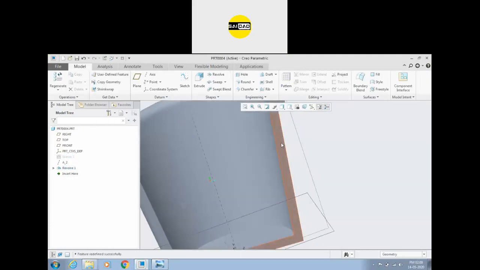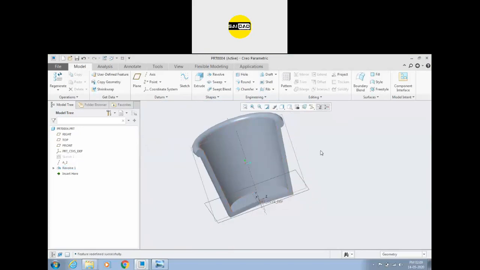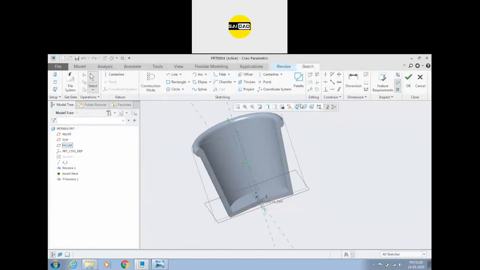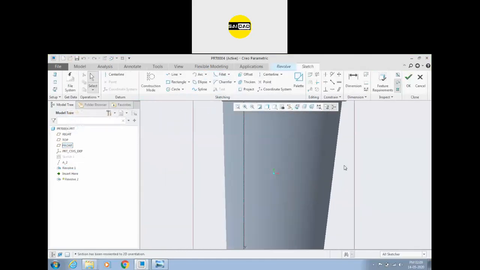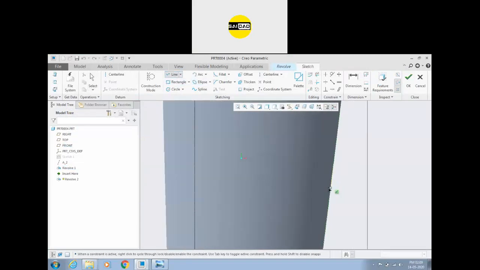If you want to create a cut, you can always create it in the sketch, or if you want to create after the sketch, just go to the plane, create a shape, or directly go to the revolve. I want a cut here, so select the edge, create the shape you want.